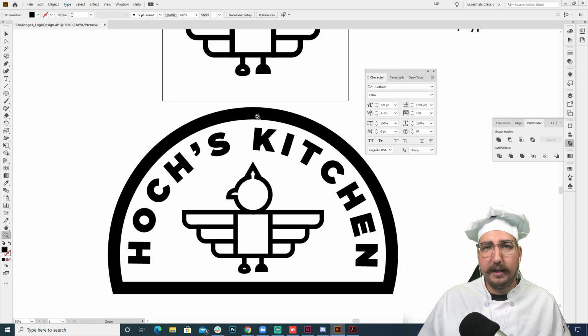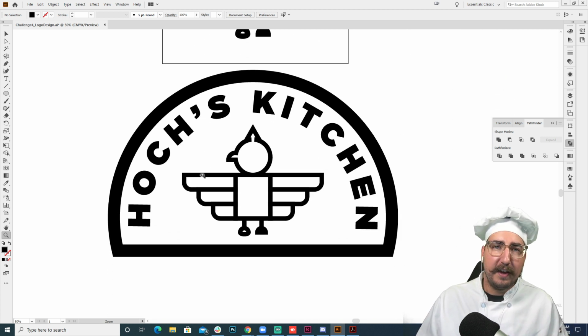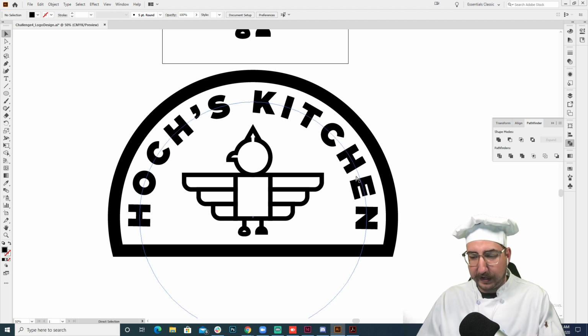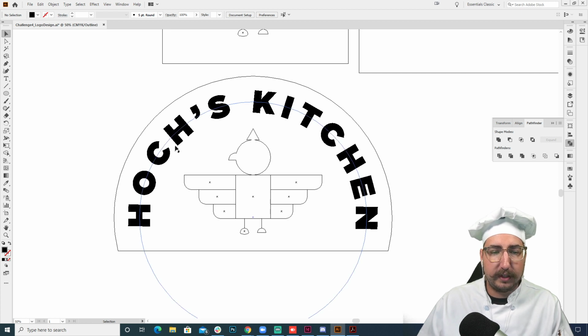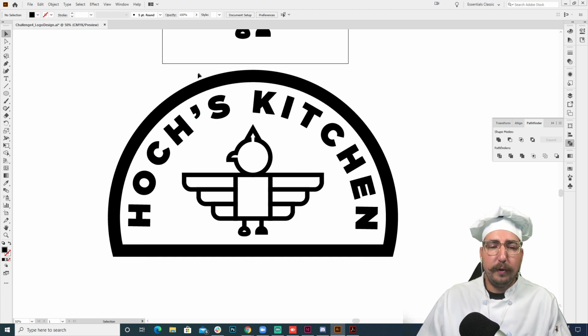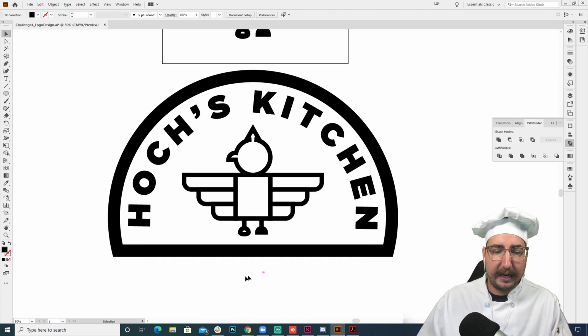Next, we moved on to really bring our logo to life by using the Type on a Path tool. We created a circle and used Type on a Path to create an arch of type above our logo. We went into Type on a Path options and selected center to create it on this centered line. You can see if I change to outline mode, it is very much aligned to that center line. Then again, we used the Pathfinder tool to create a circle and cut it off to create this nice little badge.